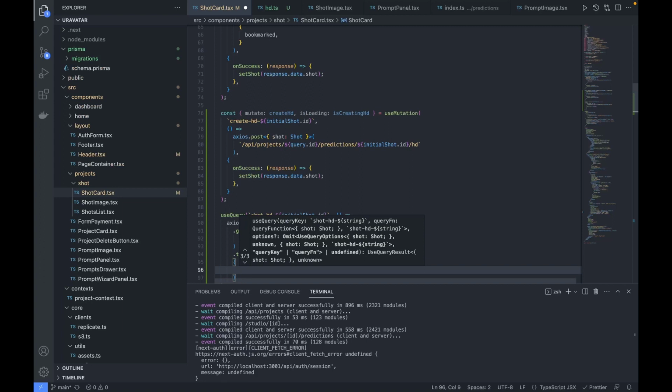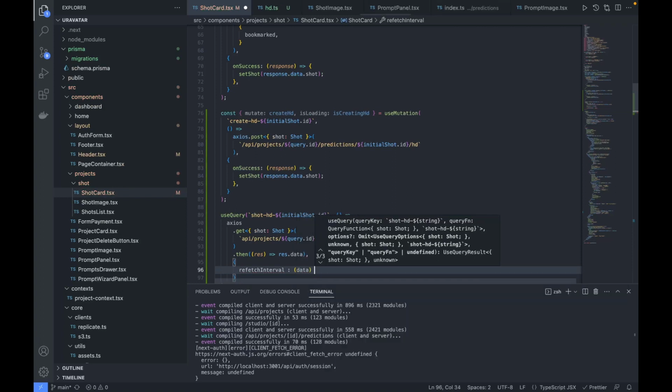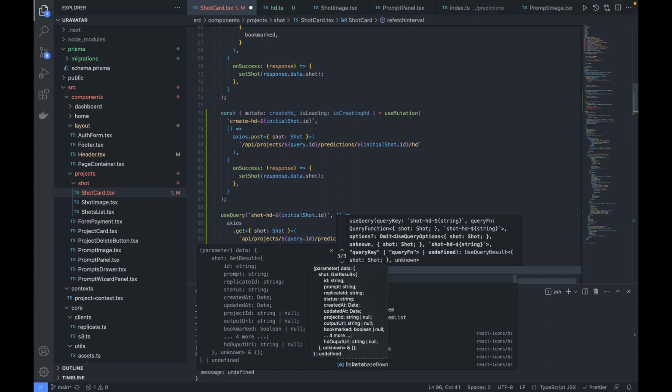also the refetch on window focus, when it's going to be enabled, and initial data, on the onSuccess callback what we are going to do. Okay, so first the refetch interval, it completely depends on the data. So here until we have the HD status not equal to pending, we are going to make a call every 5 seconds. Okay, so that is